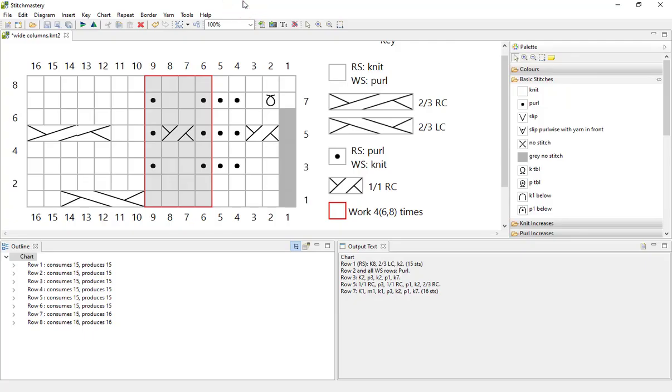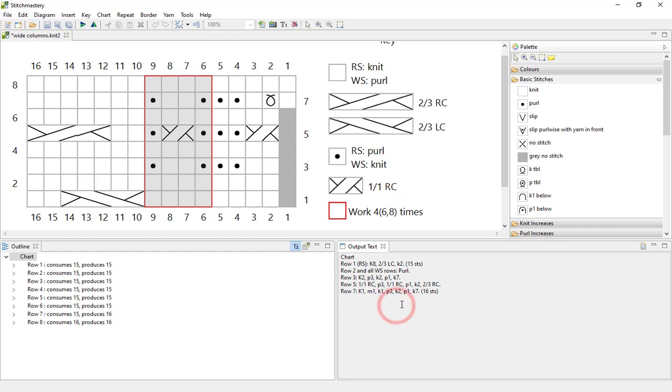Today we're having a quick look at how to change whether you have the stitch count for your rows showing, and in what format. So at the moment we have a slightly strange chart with one increase, so my stitch count changes from the start to the end of the chart. And at the moment I have the stitch count showing at the end of the first row and then on row 7 where the stitch count changes. And of course our row 8 is included in the condensed row 2 and all wrong side rows.